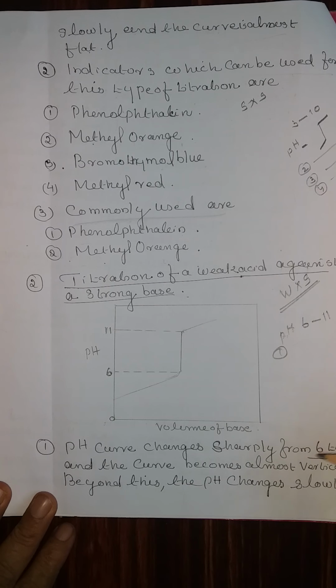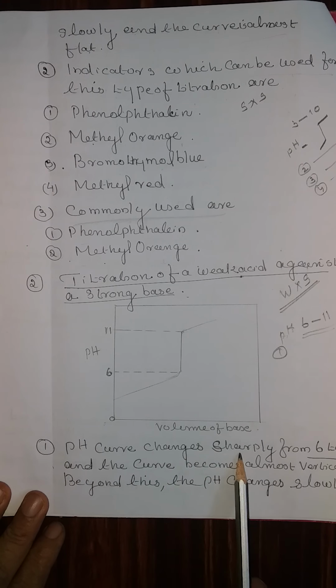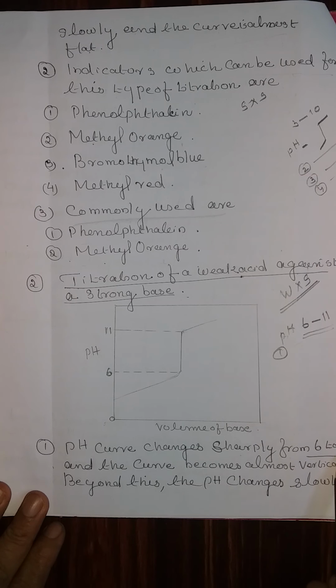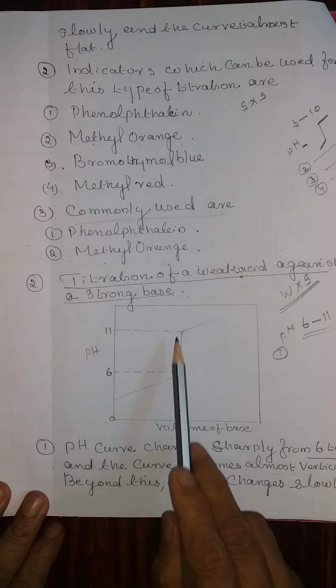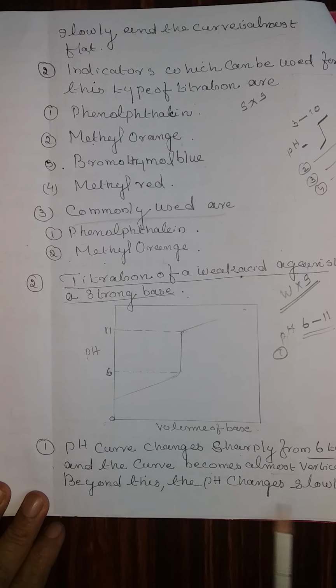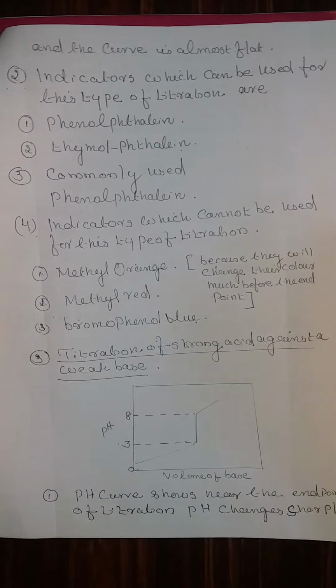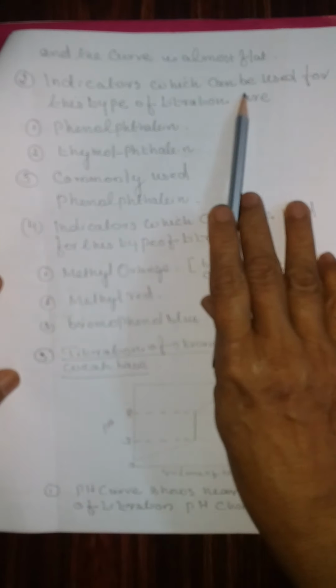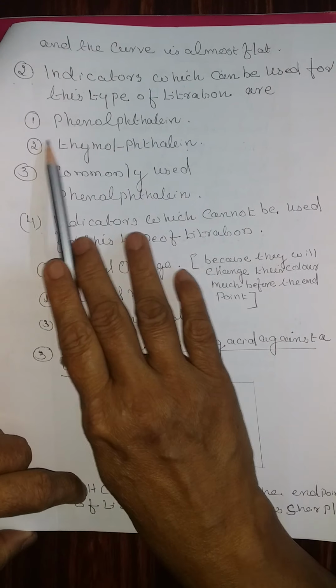Therefore, only pH indicators which show a change in this range can be used. Point number 1: the pH curve changes sharply from 6 to 11 and the curve becomes almost vertical at that point. Beyond that, the pH changes slowly and becomes flat. 2. Indicators which can be used for this type of titration are